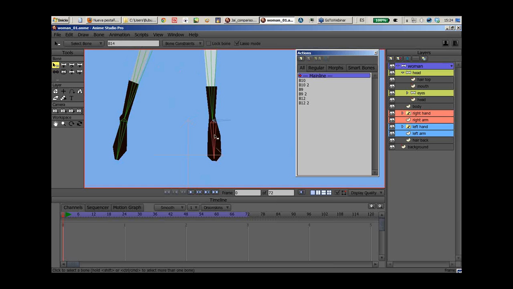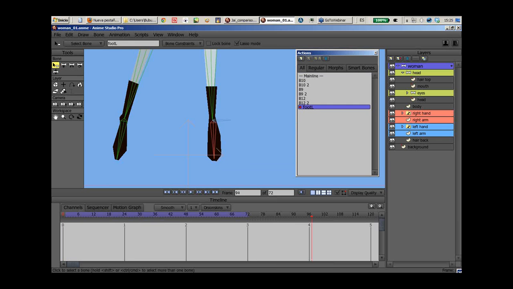I have the select bone tool, so I select this bone and I'm gonna name it foot left and press enter. So now this bone is called foot left. Alright, so now I'm gonna create a new action called foot L, the same name as the bone, and press